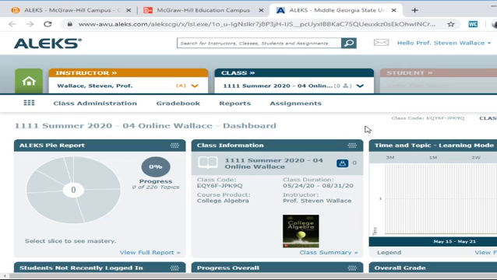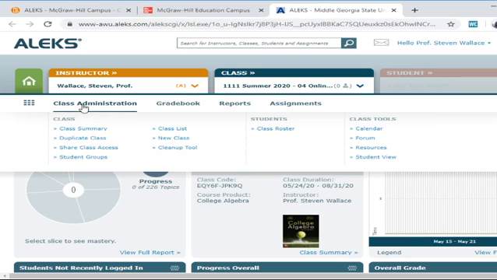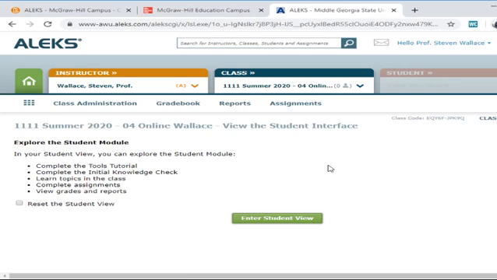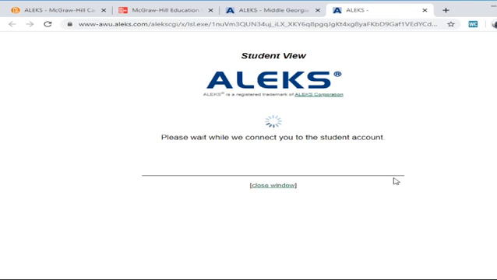You might also want to buy a calculator, a graphing calculator of some type that you can use while you do your homework and things like that. But it's not mandatory, because if you need a calculator for a problem, ALEKS will provide you with one. So this is what you would see if you went into ALEKS.